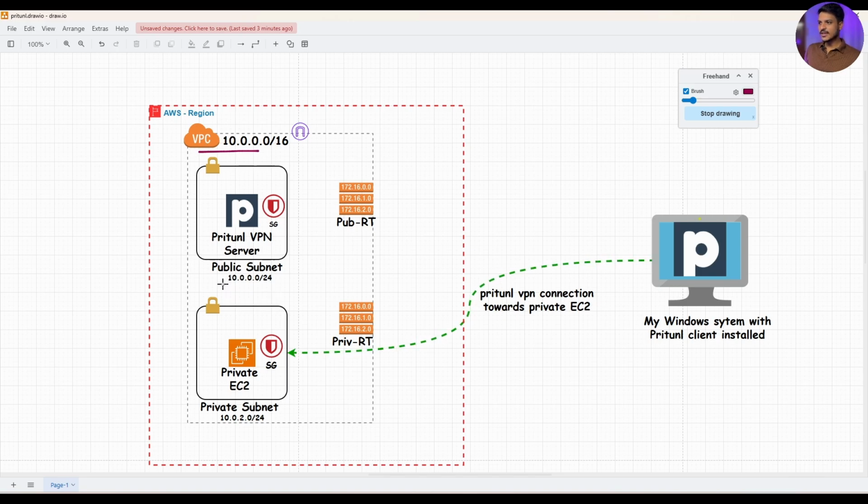will be two subnets, that is one public subnet and a private subnet, and again there will be two route tables, that is one public route table and a private route table, and there will be an internet gateway for having internet access to our Pritunl VPN server, and later on we will be deploying a Pritunl VPN server on